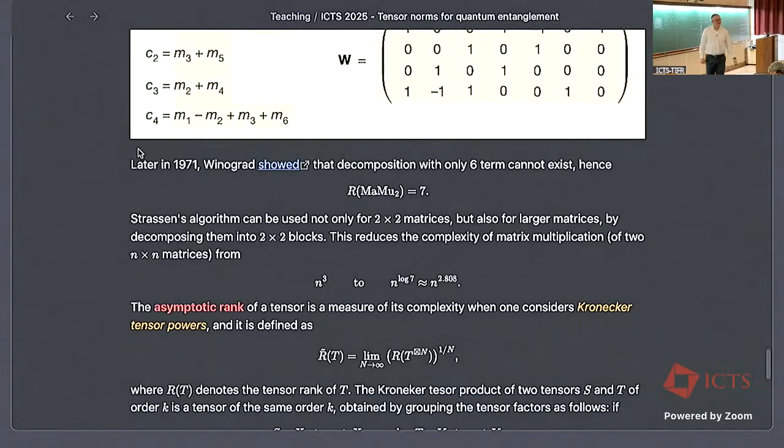So why is this extremely important? Basically, now if you have this 2x2 matrices, I mean, that's not a big deal, but now this extends, by chopping matrices in 2x2 blocks, to matrices of size n. So usually if you want to multiply 2 matrices of size n, you need to do n cubed multiplications using the usual algorithm. But now using Strassen, you only have to do n to the power log 7. So this is like 2.8. So this is log base 2.